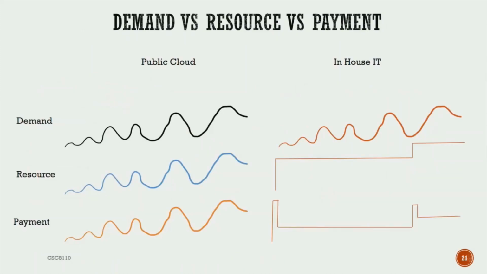So why do you think this kind of curve is better fitted for the public cloud? Because it's very variable, right? You never know when your peak is, and your peak keeps changing. So if you want to host this kind of workload on your private cloud, you always have to find the max peak and then buy for that, and that's where you make your losses. If you host this workload on the public cloud, then your demand, resource, and payment will all be correlated with a high probability.